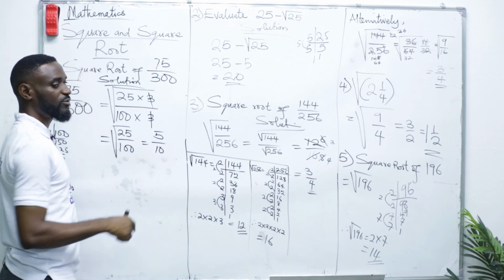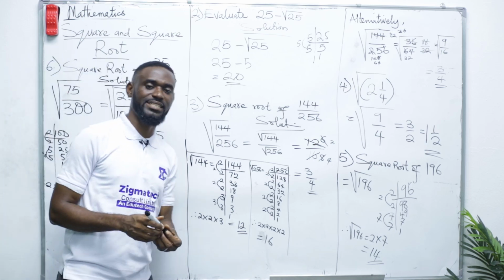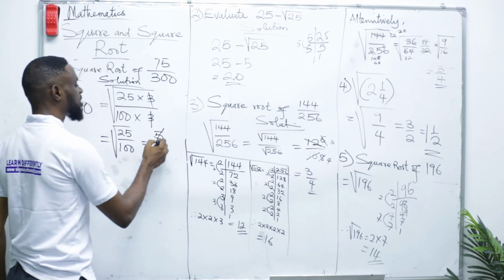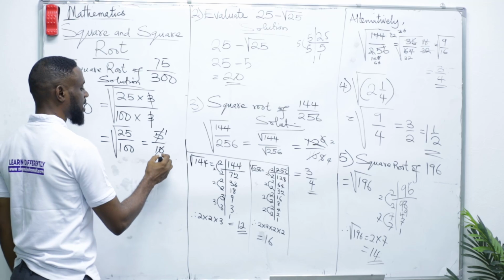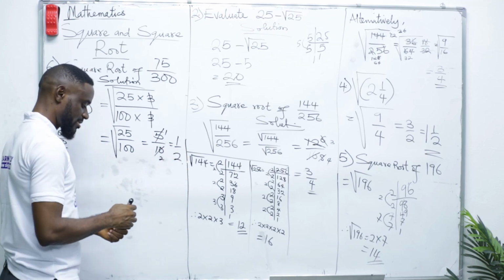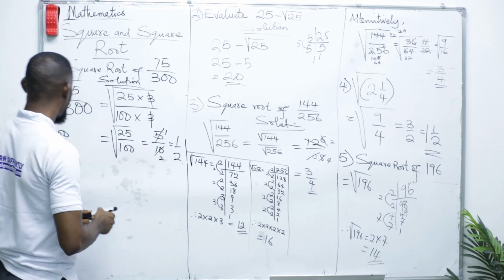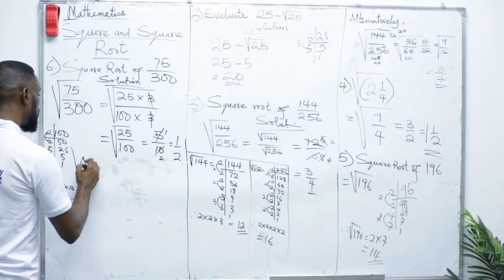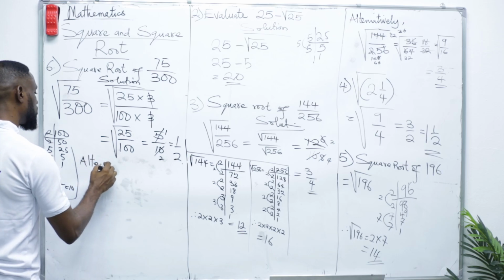So at this point, if we look at our options, there is no 5 over 10. So we simplify to the simplest term, okay? 5 into itself is 1. 5 into 10 is 2. So this is 1 over 2. That is the answer. Now, we can alternatively solve this thing. Alternatively,